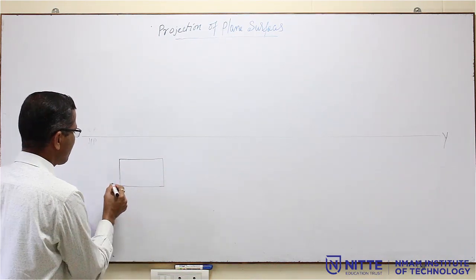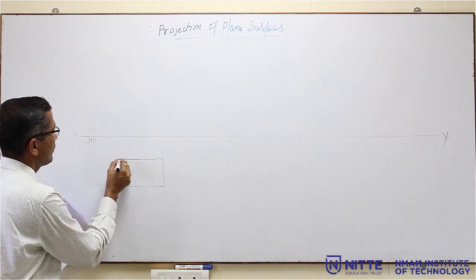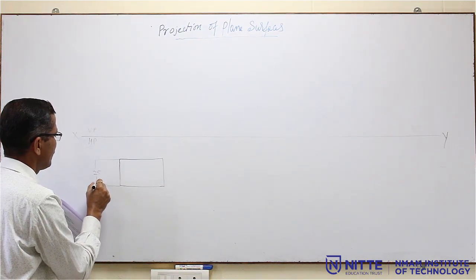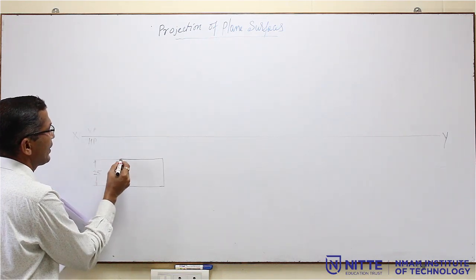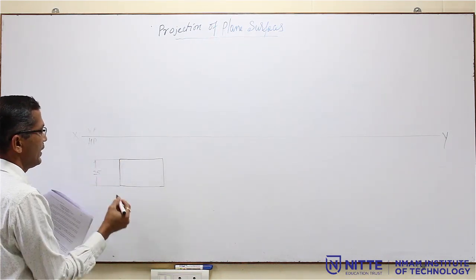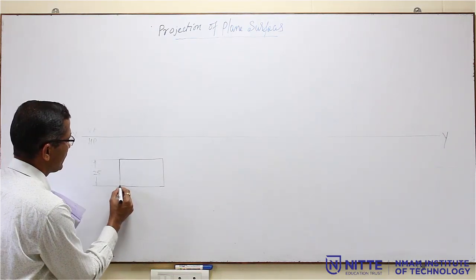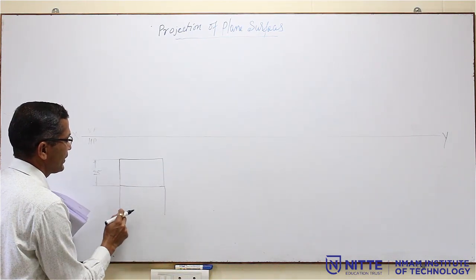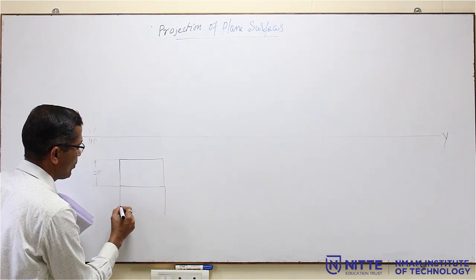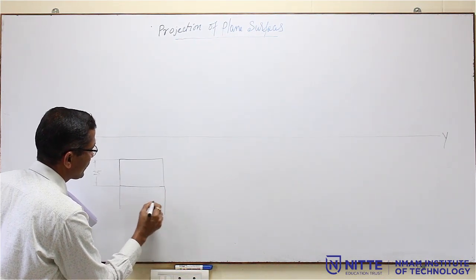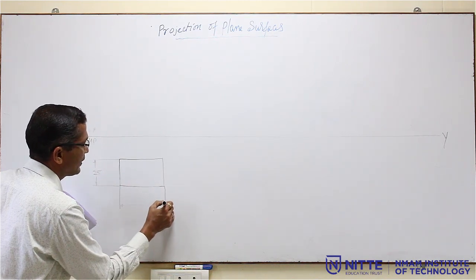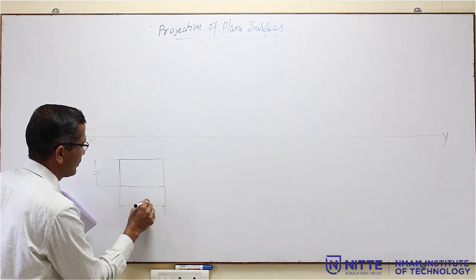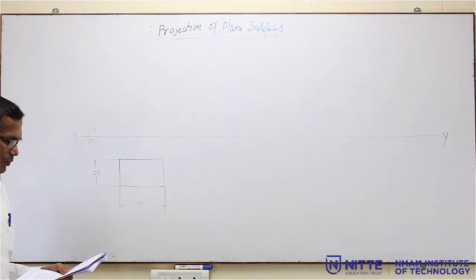So, what is the size of this? This length is 25. The arrowhead has to touch the line, here also the rectangle you have to extend with a light line. And what is this length? It is 35. So, draw a line perpendicular, from here also you draw a line. This is called extension lines, then leave some gap of more than 10 millimeter, then draw a horizontal line, then construct the arrowheads and write the number 35. So, this is the first position.